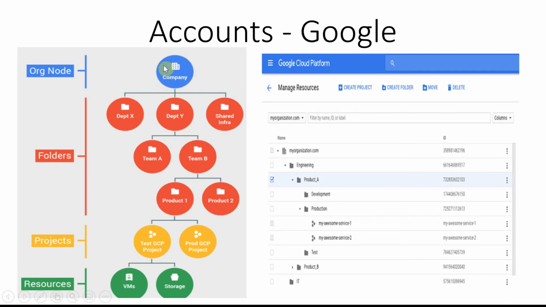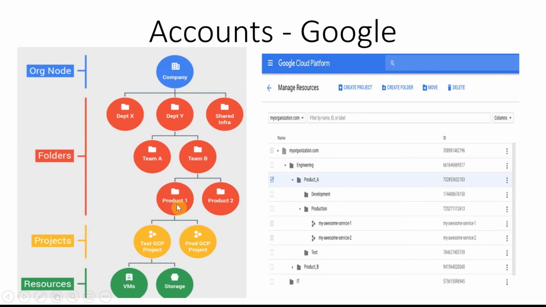At the enterprise level, the enterprise is called an organization, and under that enterprise or company, there will be something called folders. The folders could be departments, like department X, department Y within that enterprise, and even that department could be further split into teams, and the teams could be further split into products. These are all called folders. So under the organization node, you will have folders,